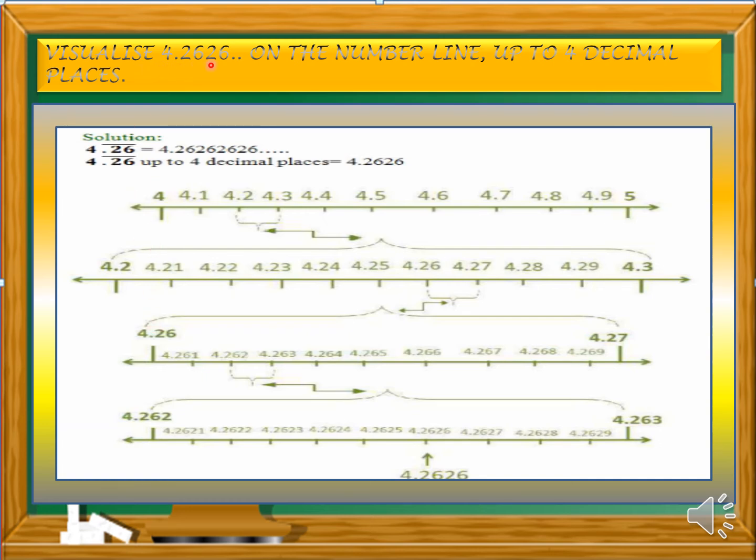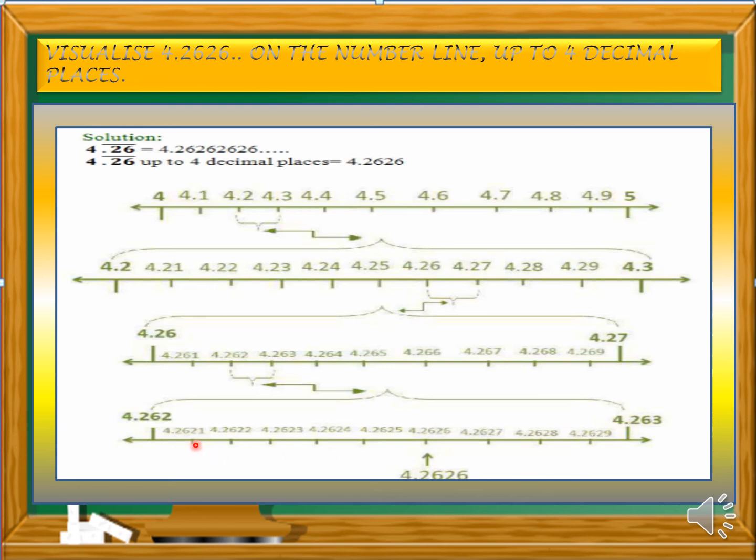So what we are going to do next, we should split the 4.26 and 4.27, so that 9 subdivisions appear, and in that subdivision we will obviously get the particular number we want to represent. So they have asked to represent 4.262, and here we can see 4.262. So plus 1, that is after that number what number is there, again we are going to split. As they have asked to represent 4 decimal places, till we get 4 decimal places we are going to split. Okay, here you can see 4.262 and 4.263 are split, and 9